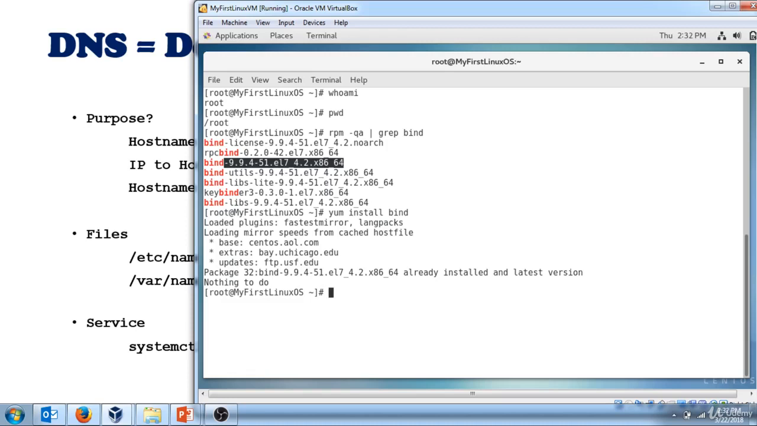Since I already have that package installed, it's telling me already installed and latest version. If I had an older version, it would update that. So this is how you install the package first. Once the package is installed, then you go and configure the DNS service. And to configure that, you have to go to